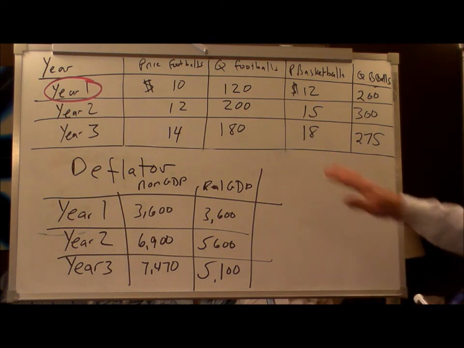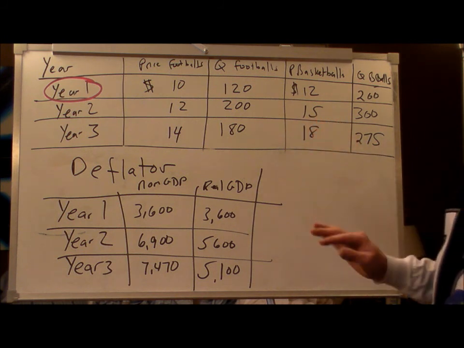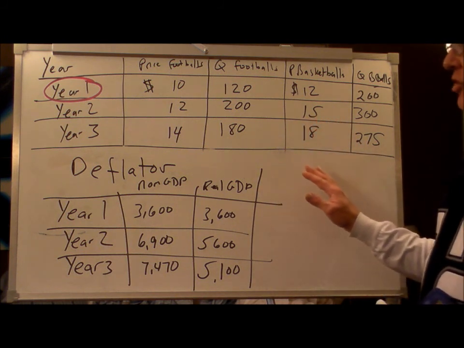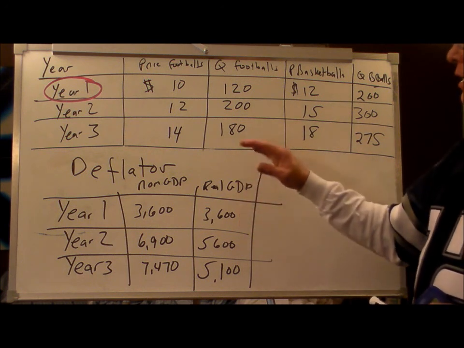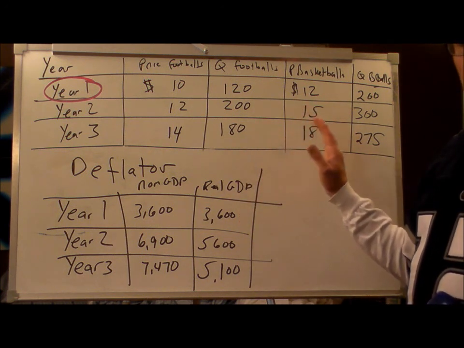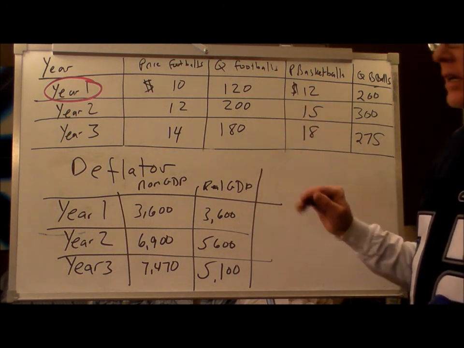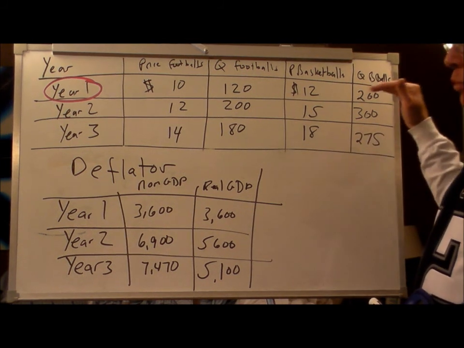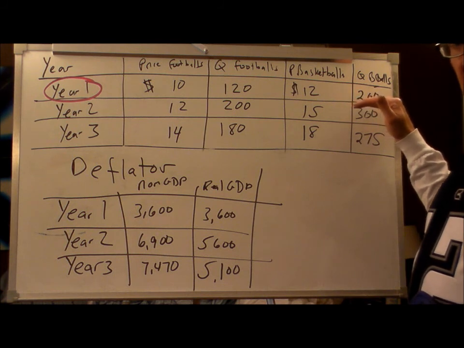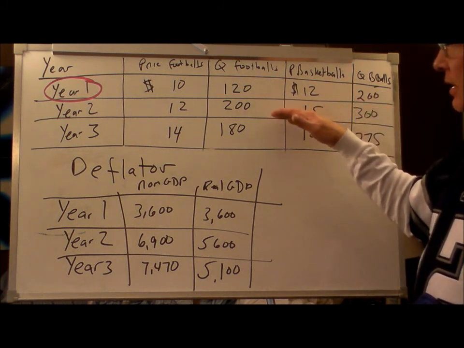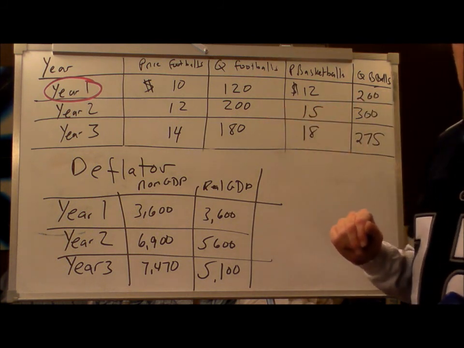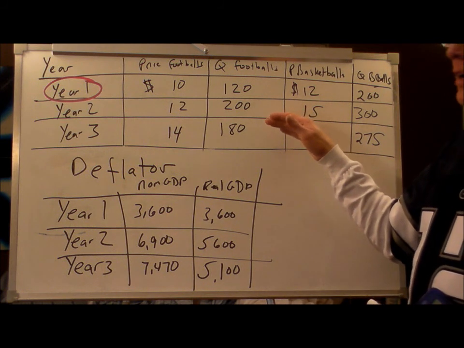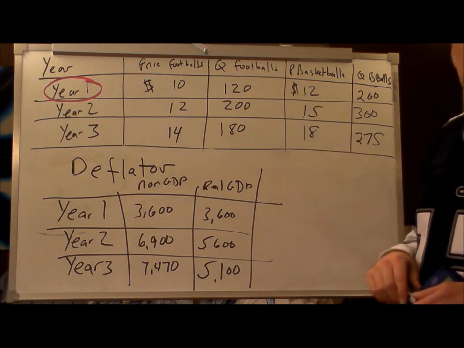And so we just went through the process of how you calculate nominal GDP and real GDP, given a set of prices and amount of production. And we calculate real GDP by using a base year's prices to calculate the value of the production that occurred in a different year if it had occurred at the prices